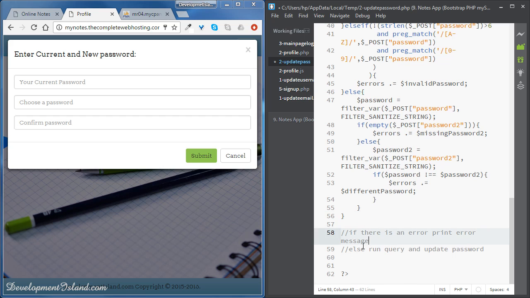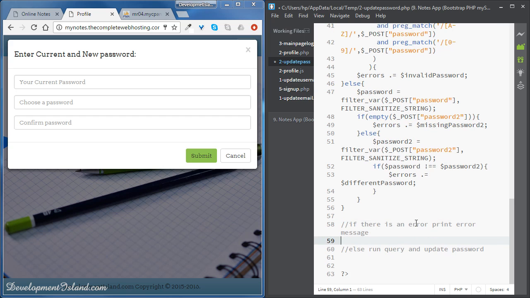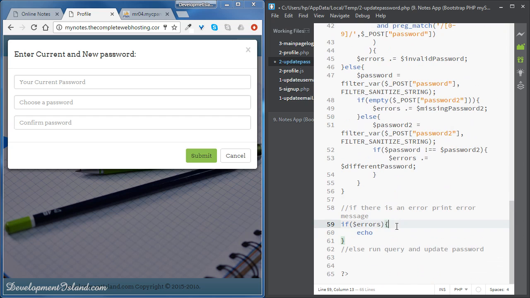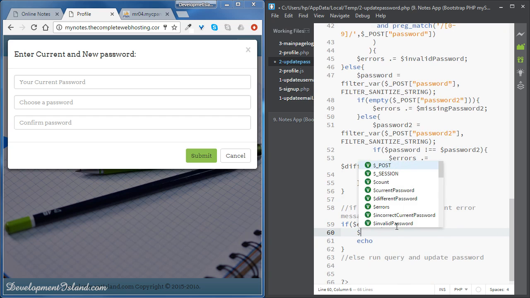So now we're going to check if there is an error. We're going to print an error message. So we're going to check if the variable errors is empty. So if errors is not empty, then we're going to echo an error message. So again, inside errors, we've got all the paragraphs concatenated, paragraphs referring to the different error messages we defined at the beginning. So all we need to do is place those paragraphs inside another variable